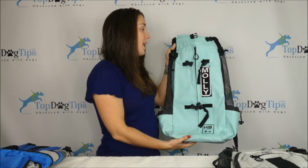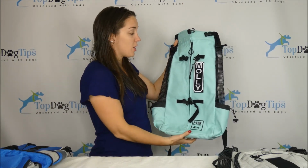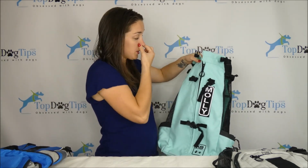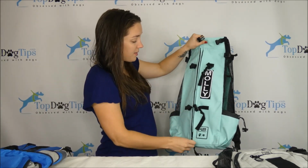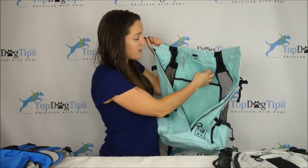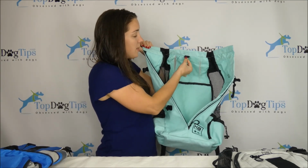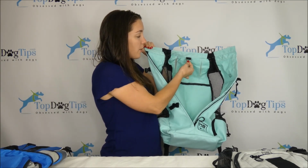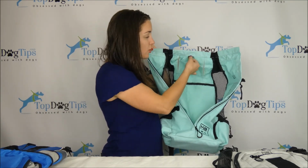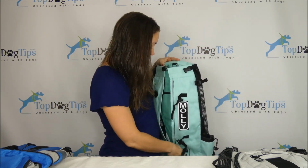I've been checking out the Canine Sport Sack. There are 3 versions of this doggy backpack, and basically every model holds your dog in the same way. You have the zipper here, and your dog slides in there. His bottom goes down here, and you can see these 2 little holes where his front paws will stick out. You can also see the D-ring here where you can attach his collar. You can hook a leash or a carabiner clip or something in there to keep your dog secured if you